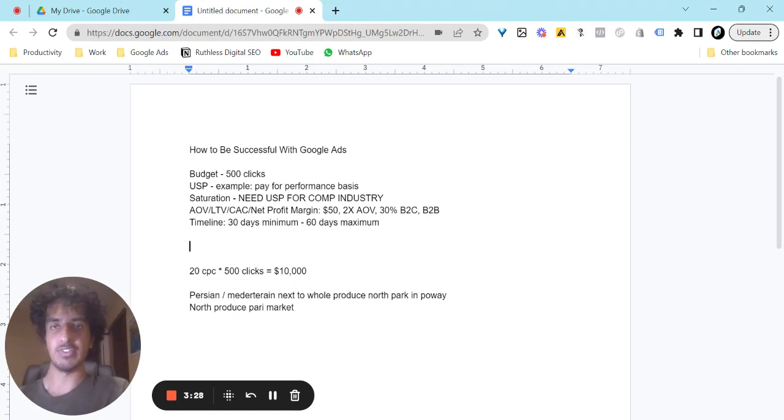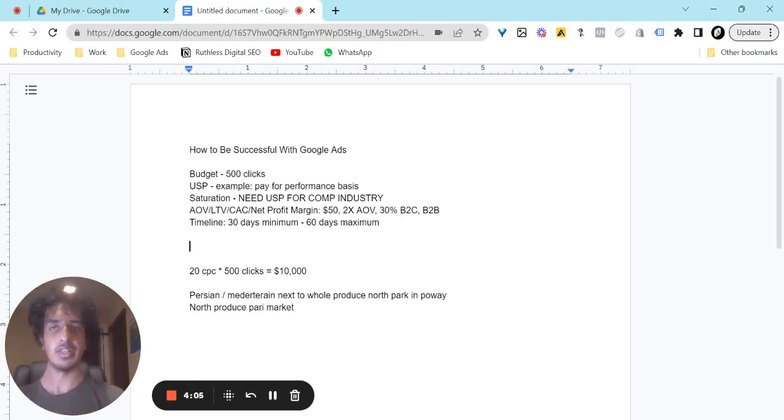Secondly, do not advertise using Google Ads if you do not have a unique selling proposition. You absolutely need a unique selling proposition unless you're the first or second mover in a market. The more competitive a market is, the more imperative it is to have a very strong, unique selling proposition. If you don't have a convincing reason in 1 to 2 sentences that a potential prospect could understand why to buy your product or service compared to your competitors, you do not have a unique selling proposition. And most people go, well, oh, we're the cheapest. That's not a USP. You need something else.